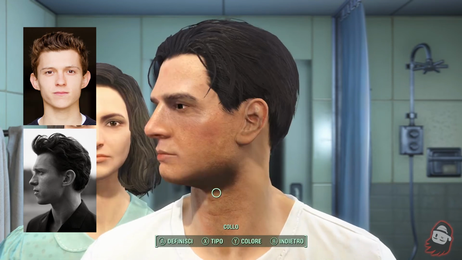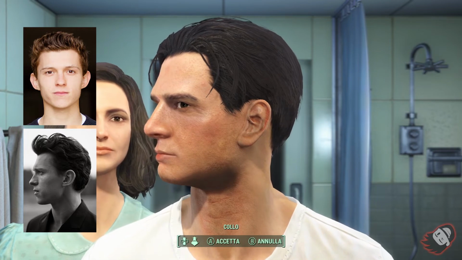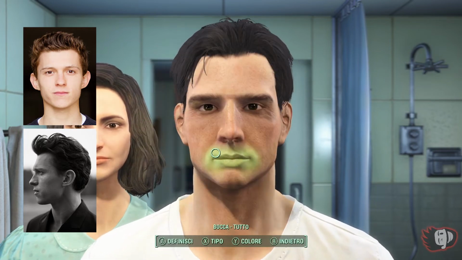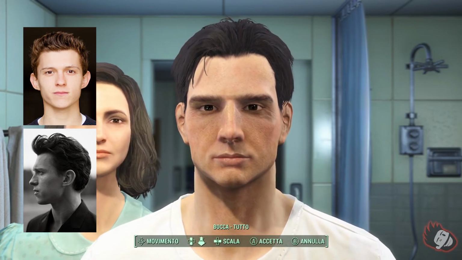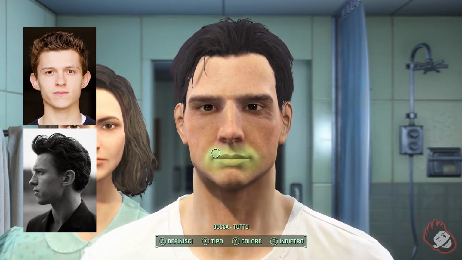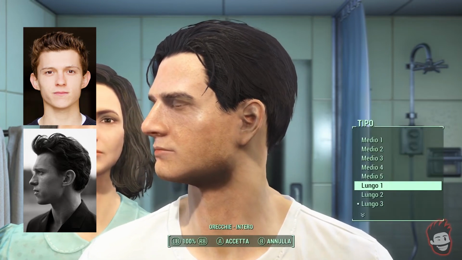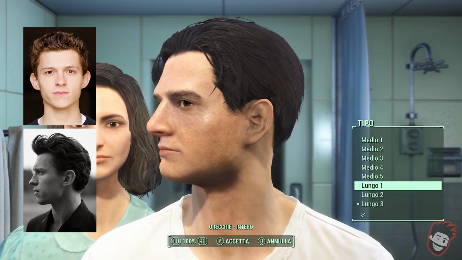Now modify the neck, make it smooth and as slim as possible, and also pick the brightest skin tone. Oh, and also remove the facial hair. Select the mouth again and place it a little bit up. Be careful not to move it on the sides. Pick the ears without a lobe and try to refine the size and placement as best as you can. Should be a little bit upward and not very big in size.